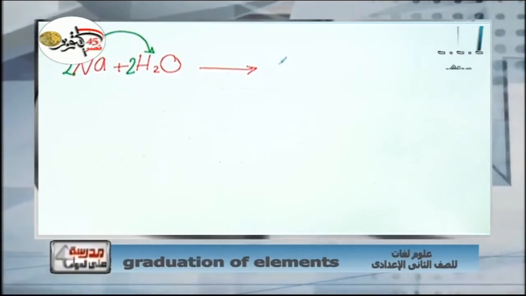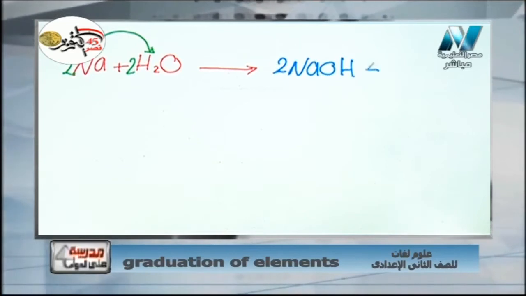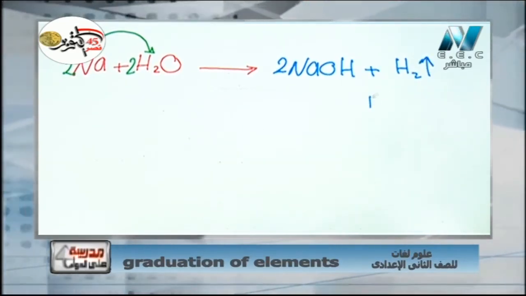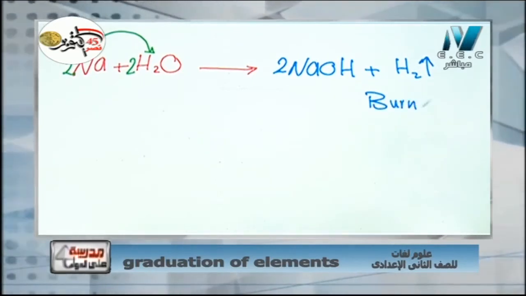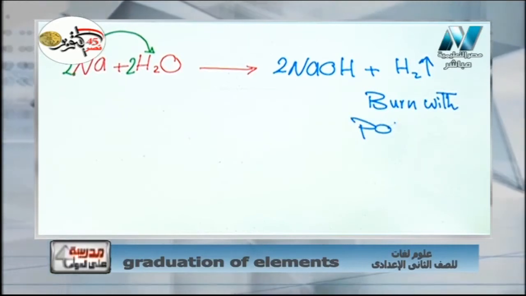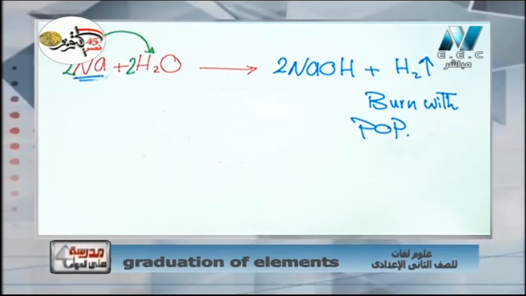Producing here sodium hydroxide plus hydrogen gas evolves. So hydrogen gas burns with what? With pop sound, بيفرقع. So we keep sodium and potassium